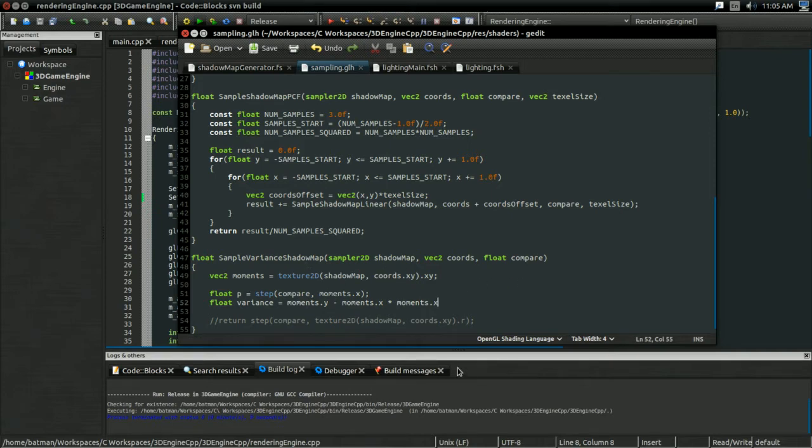And you might think, well, since moments.x is the depth and moments.y is the depth squared, shouldn't this be 0? And yes, right now, this will be 0. And in fact, that's bad, because we're about to do an equation involving dividing by the variance, and well, we don't want to divide by 0. So, what I'm actually going to do is a max here. I'm going to do max of variance and a really small number,